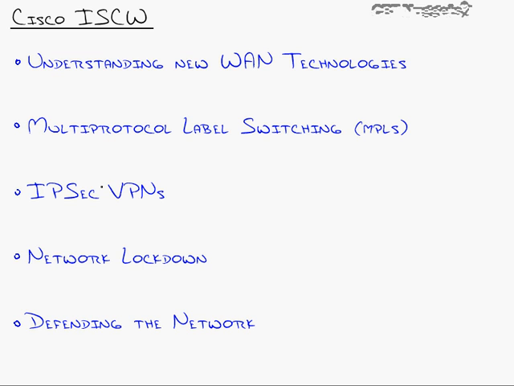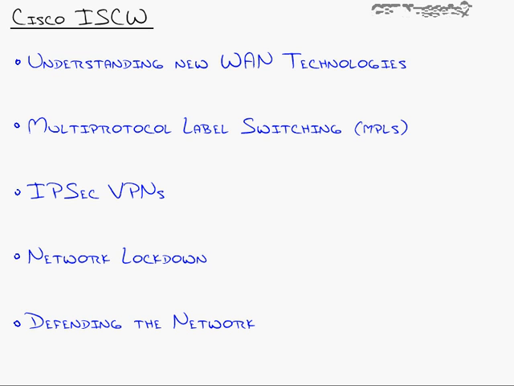By the time you're done here, let me talk about what we'll be covering in each of these sections. IPsec VPNs, we'll be implementing both site-to-site VPNs and remote access VPNs. Network lockdown, we'll talk about how to defend against different attacks, how to secure management access to your routers, using access lists beyond just standard and extended access lists, implementing Cisco AAA, and securing all of your network management interfaces on your router. And when I say that, I mean protocols as well, like SNMP, SSH,